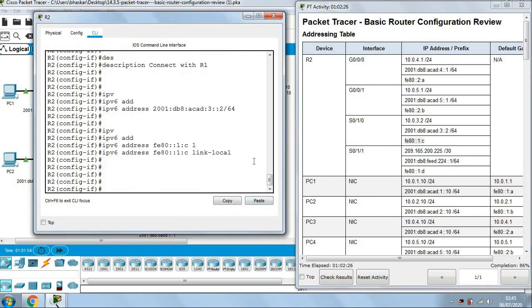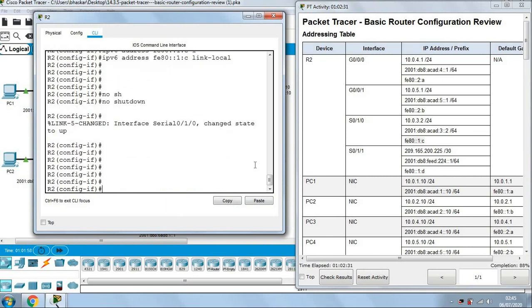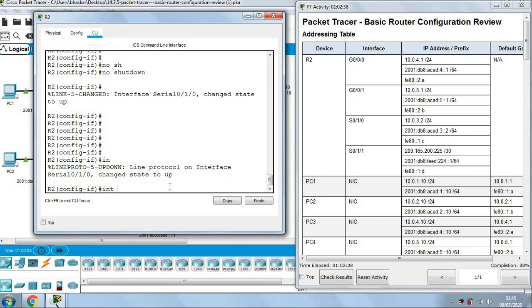Link local. Okay. No shutdown. Now the port is going to okay. So the port is on. Okay, right. Now the last interface is interface serial